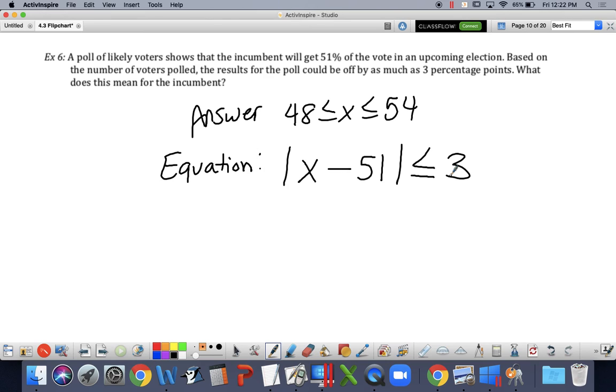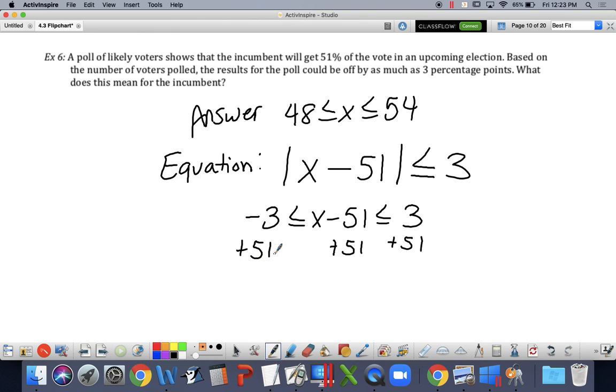Okay. These word problems are extremely formulaic, which is why I figured 2 was probably enough for us. Since we have a less than statement, we write one compound inequality going from -3 to +3, and then I add 51 to all components, and lo and behold, I wind up with the answer that I had expected. Good job. Okay, so what I'm going to do